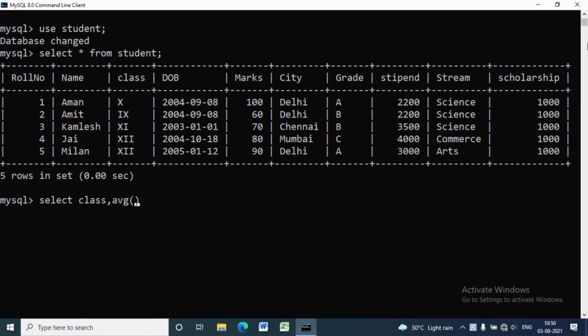SELECT class, AVG(marks) FROM student GROUP BY class HAVING AVG(marks) < 90 will give us 3 class names, that is 9th, 11th and 12th, because the average of class 10th is 100.